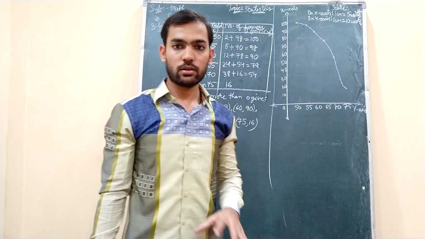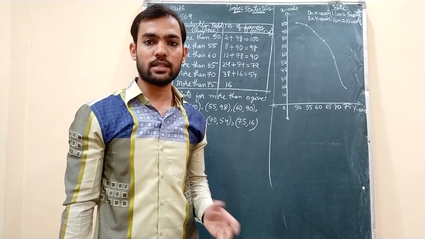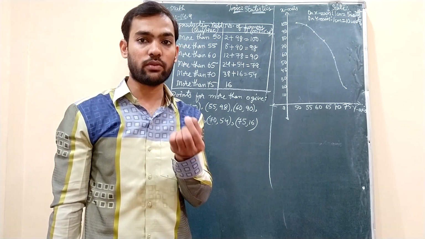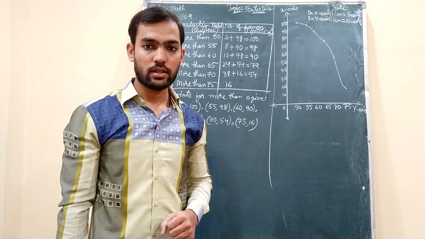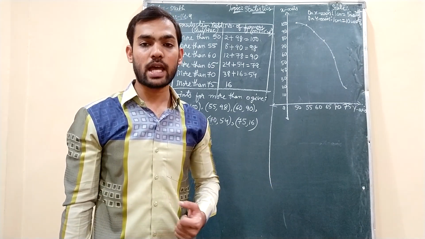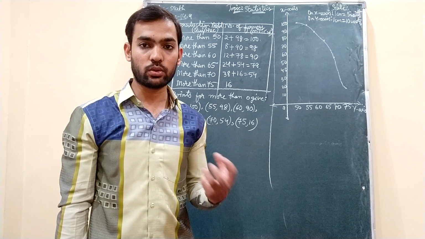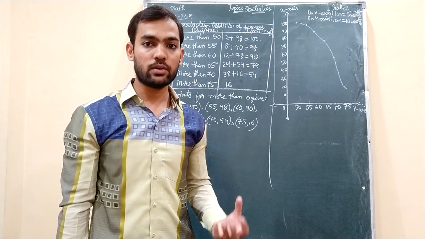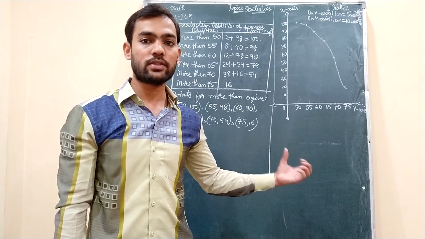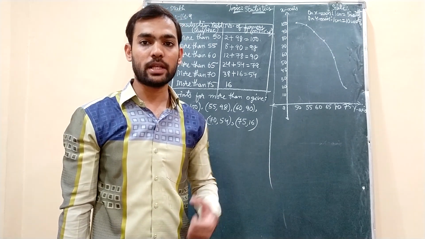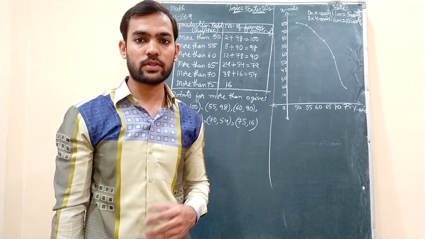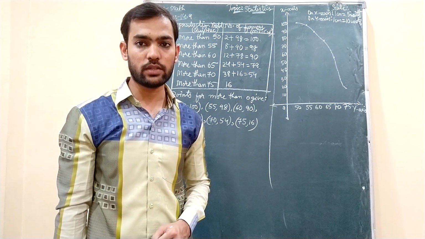Okay students, so it is same in both the cases, less than as well as more than, if only one ogive is asked and he asks to obtain the median from the graph. So in today's class we have seen obtaining median through less than ogive and verifying using the formula, and also we have seen how to plot the points for more than ogive and obtain the more than ogive, which means we have seen less than ogive as well as more than ogive.